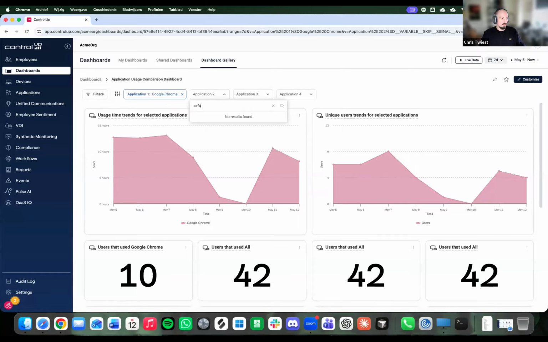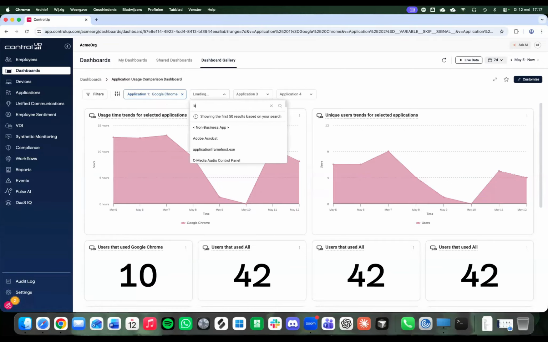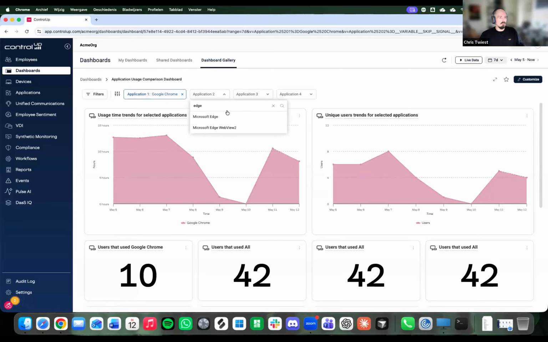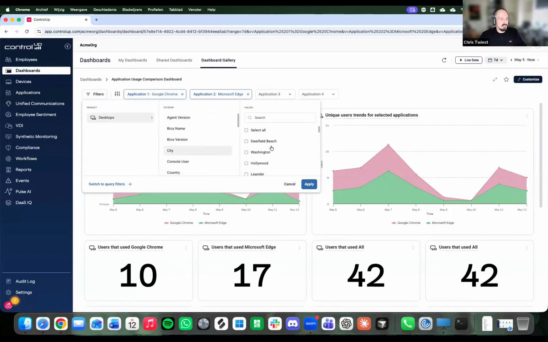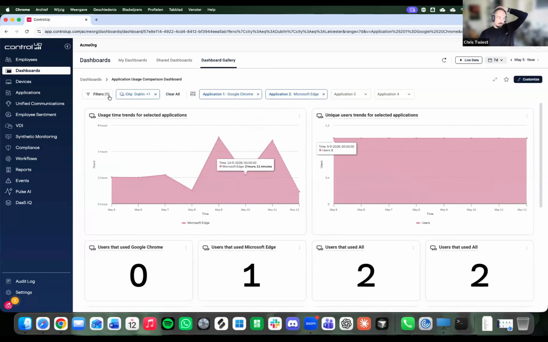Okay, that's cool. Safari, Brave, Edge. Well, I'm in the demo environment and there's not too much data in here, but yeah, we have a comparison between Chrome and Edge. Now if I add the filter where I say, okay, I only want to see this for Dublin and Lancaster, then this gets filtered on all these things that we have on top here. So it's all in one row to easily see how the filter is applied.